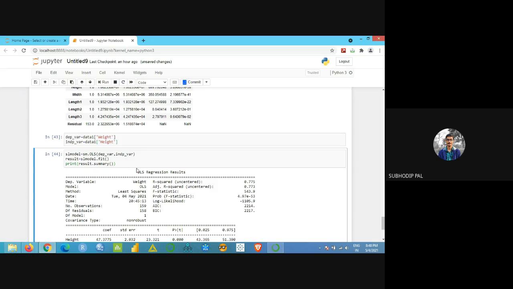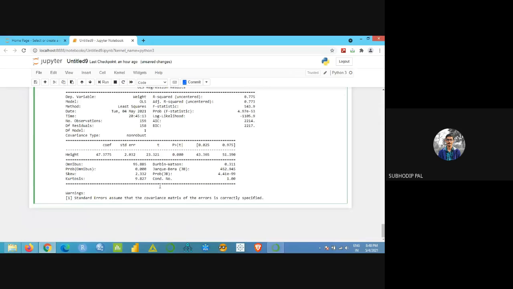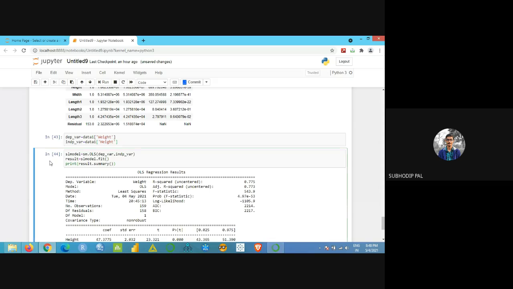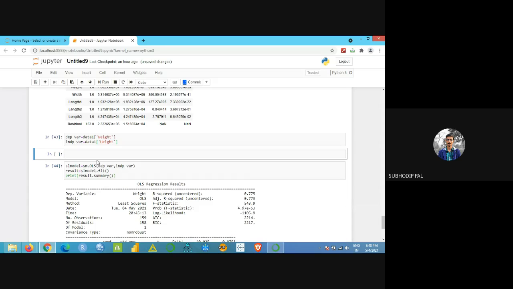Suppose now I want to write something extra, I want to add. So how do I get an extra input bar? Just click outside and press A. A means above. I was in this particular input bar, so I pressed A, that's why it's coming above. Now I am here in this 44.